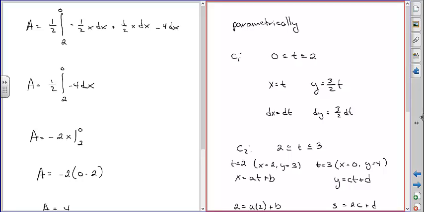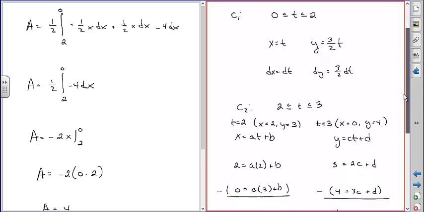And again, you can figure out what it is by doing what we've done before. You've got the beginning point and the end point, and you've decided what t is going to be. What you need to figure out is what a, b, c, and d are based on those restrictions. So start point, end point, start t, final t. You can figure out what a, b, c, and d are under those restrictions, and you can come up with the parameterized equations for the second straight line. If you do that,